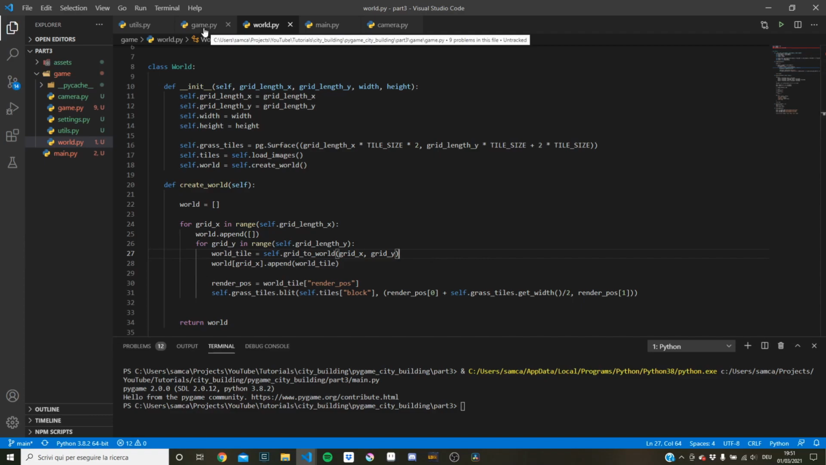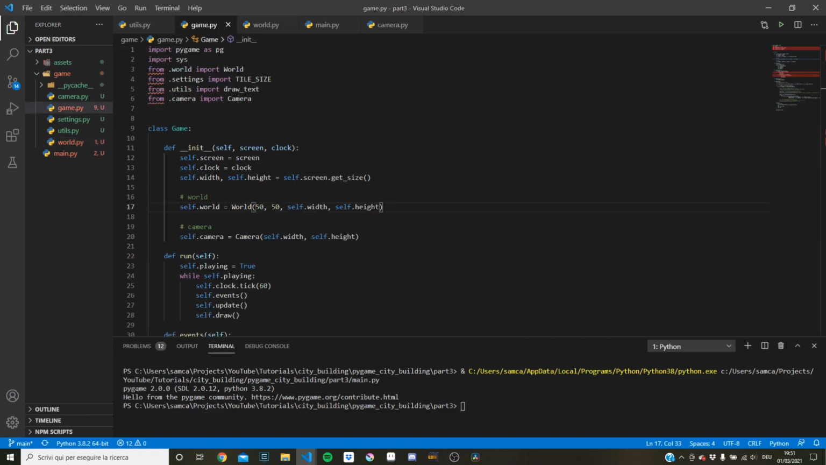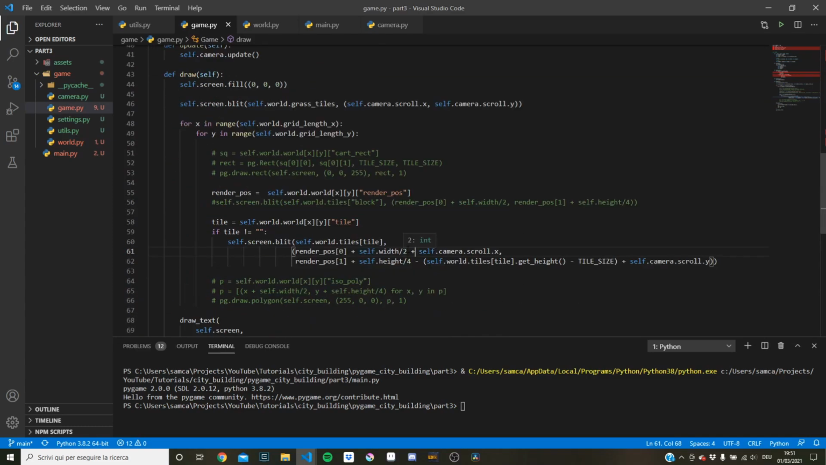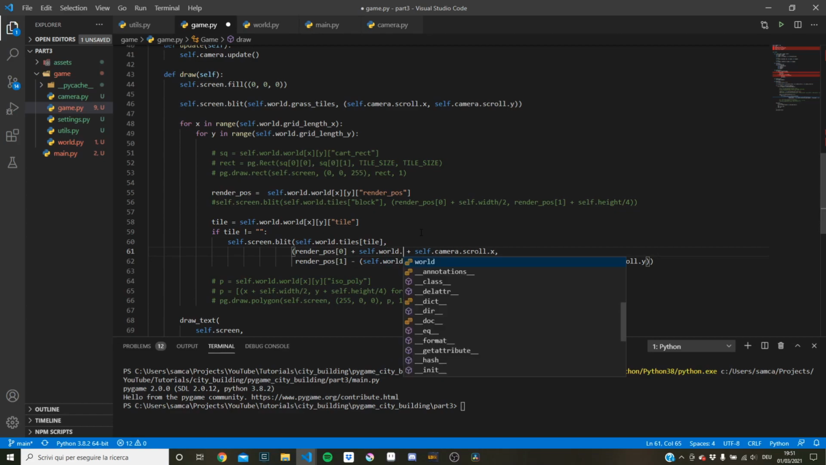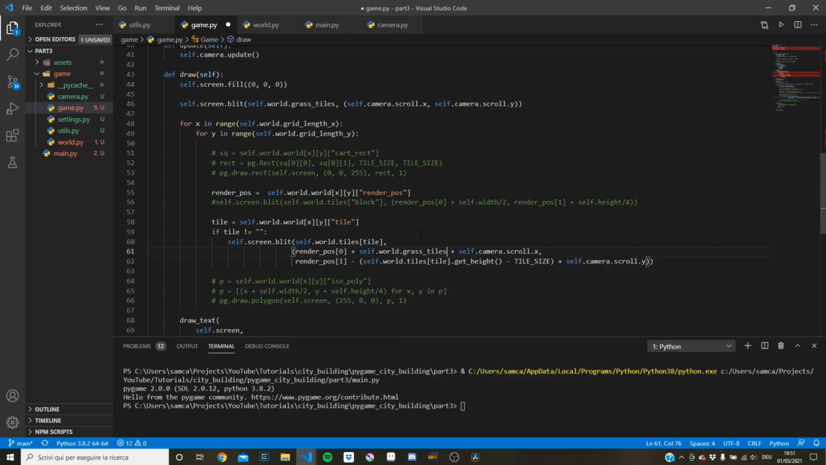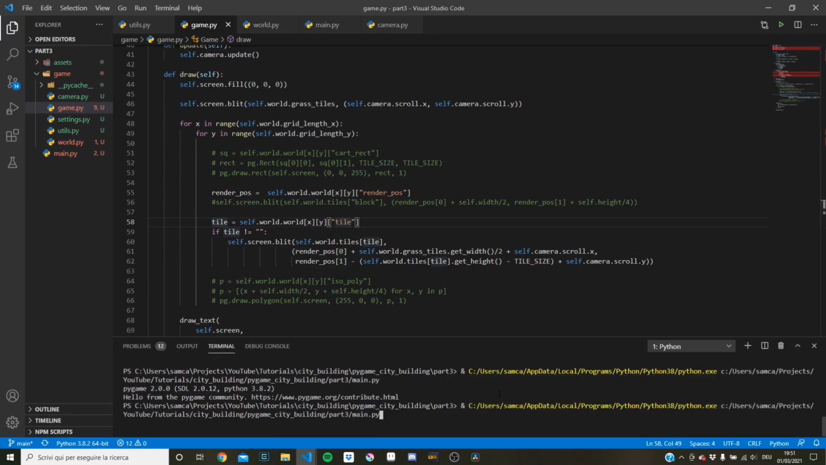Before we run the game again, we need to go back to the game script. We need to apply the same offset values here. So getting rid of self.height over 4, because it's no longer valid, and getting rid of self.width over 2, but replacing it with the same offset, so that's self.world.grasstiles, extracting the width, and dividing by 2. So now if we run the game again,